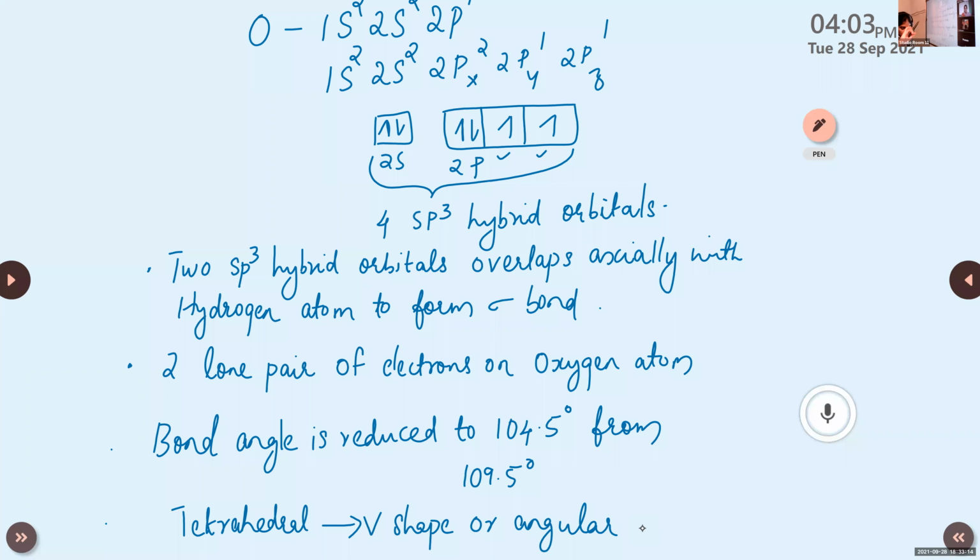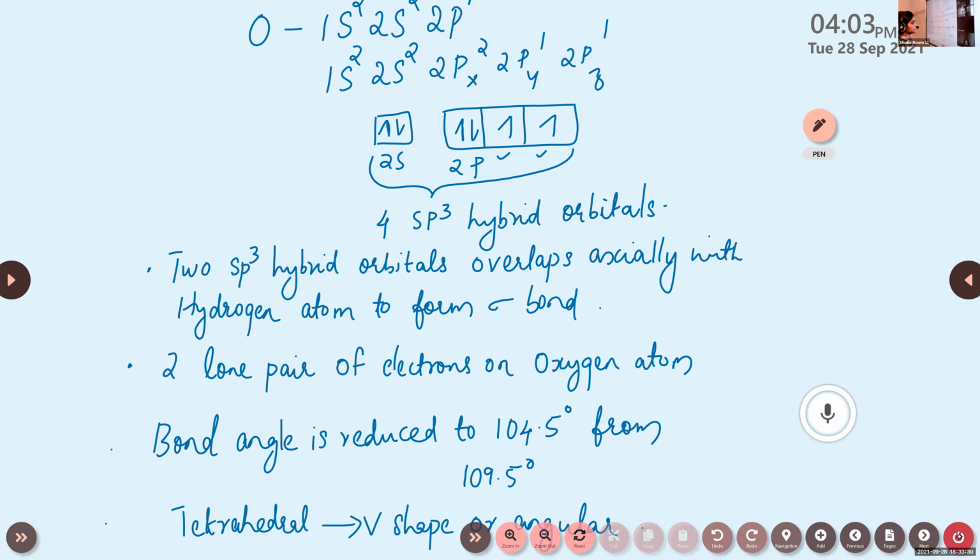Then next we are going to learn how the double bond and triple bond are connected with hybridization, or sigma bond and pi bond. Shall I move to the next slide, children? Have we completed this one? Ma'am, completed. Okay.